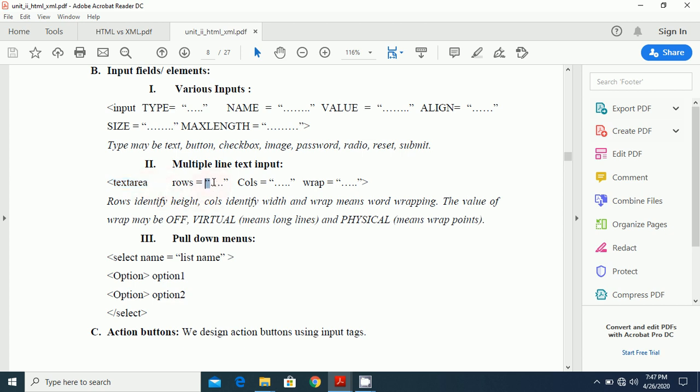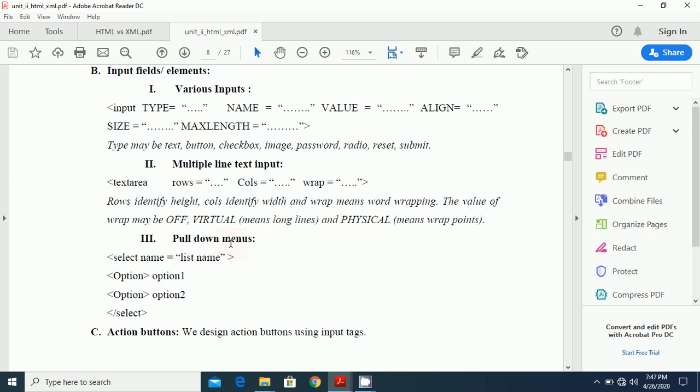Here you have to mention how many rows and how many columns you want in the text area. Rows identify the height, columns identify the width, and wrap means word wrapping. The value of wrap may be virtual, meaning long lines, and physical, meaning wrap points.